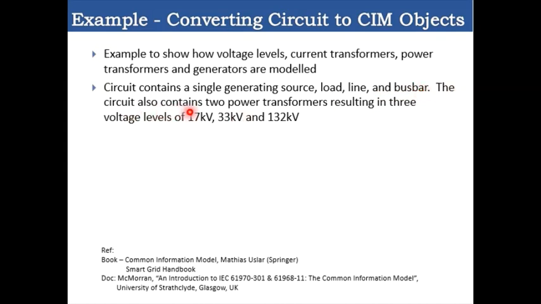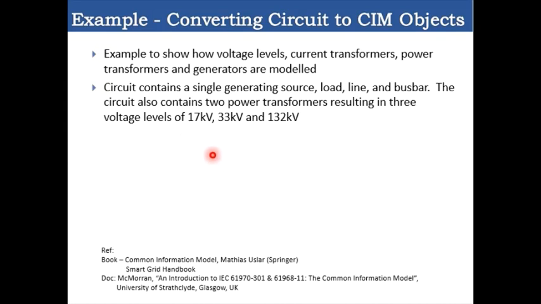The circuit also contains two power transformers resulting in three voltage levels, which are 17 kV, 33 kV and 132 kV. With this example you will have a better understanding of how we can convert the circuit into corresponding SIM objects and how we can create the SIM XML file.